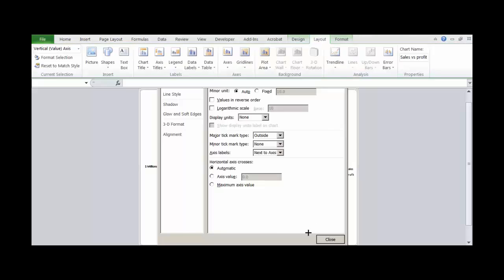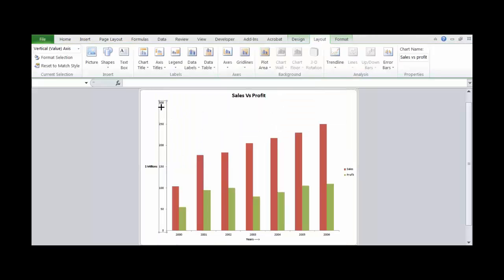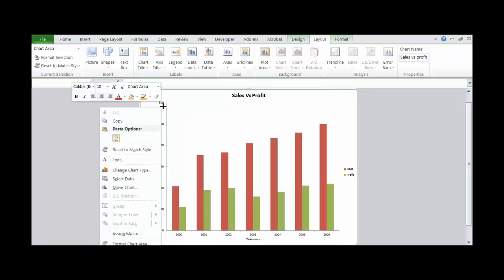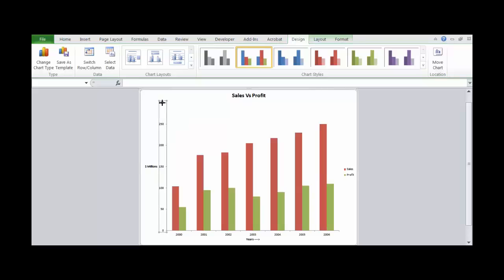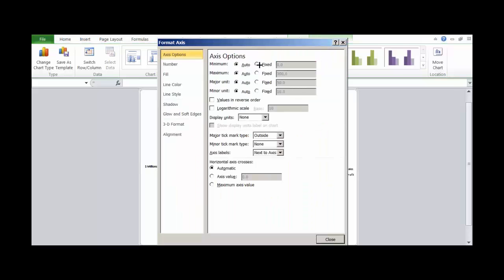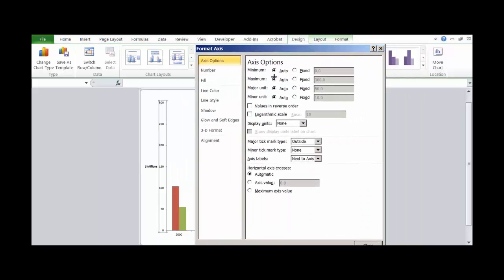Instead of going to 300, let's say I want to put it to 260. So I can fix the values: minimum fixed to 0, and maximum fixed to 260.